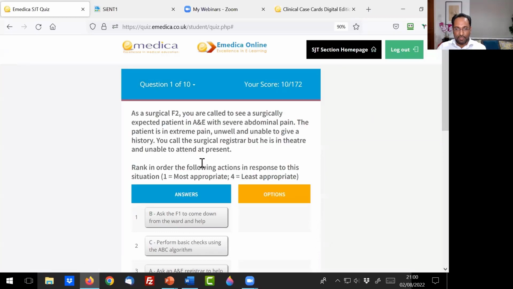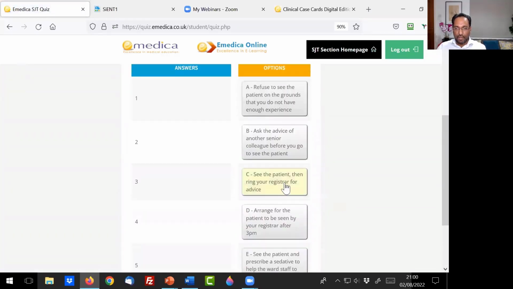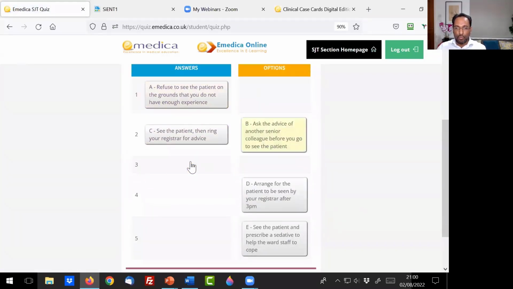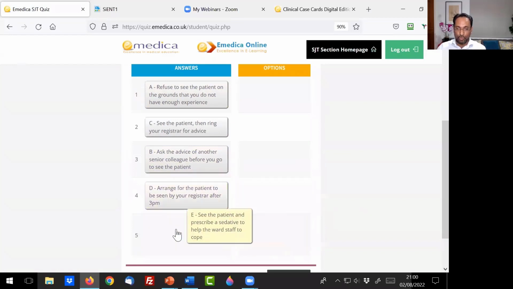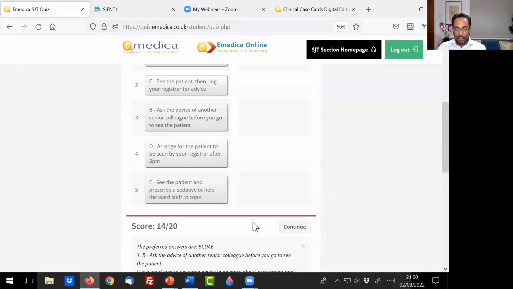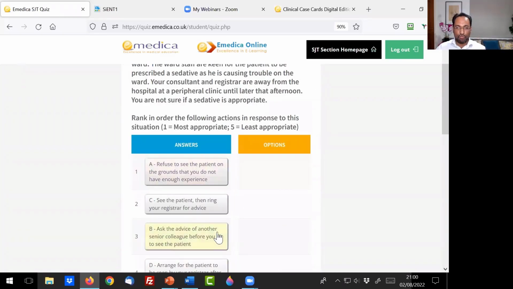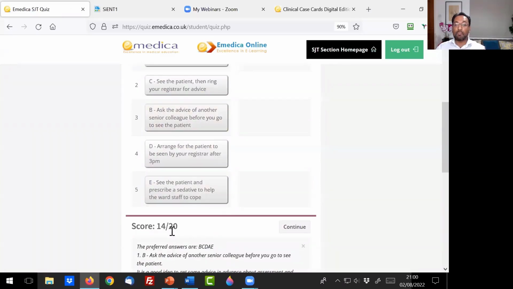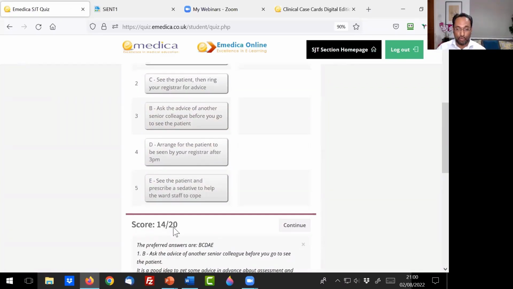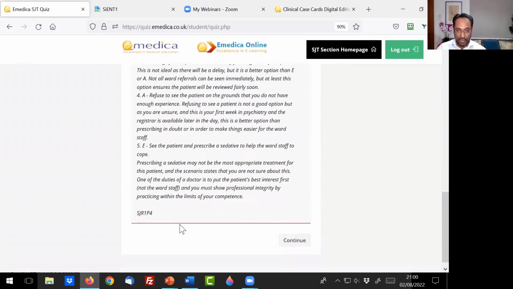If I jump to one that's out of 5, like this, okay? You can see, again, it will mark it. You move things along. This is how you actually do it in the exam. You drag things across, okay? And then this marks. There was no commercially available software that could have both this drag and drop function, just like in the real exam, and mark in the same way. We had to get a programmer and invent our own software so it marks exactly the same way as a real exam, okay?